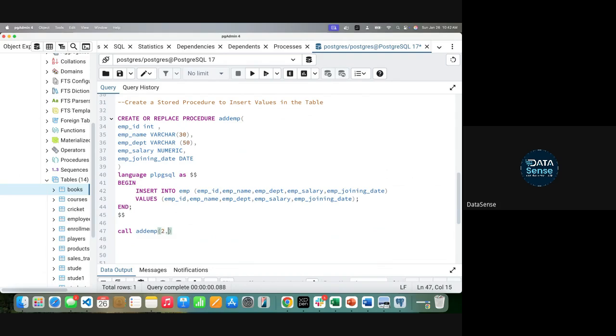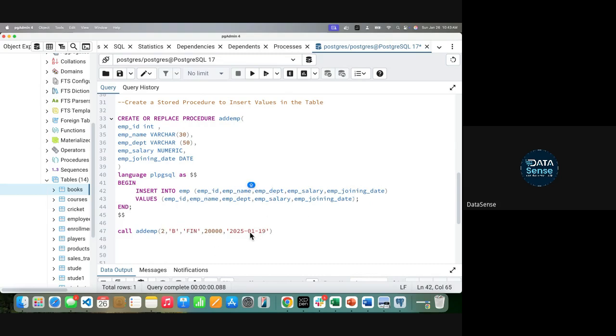So let's say employee ID is 2, employee name as B. Employee department, let's call it finance. Employee salary, let's say 20,000. Employee joining date, let's call it 2025-01-19. So how many parameters were there? 1, 2, 3, 4, 5.